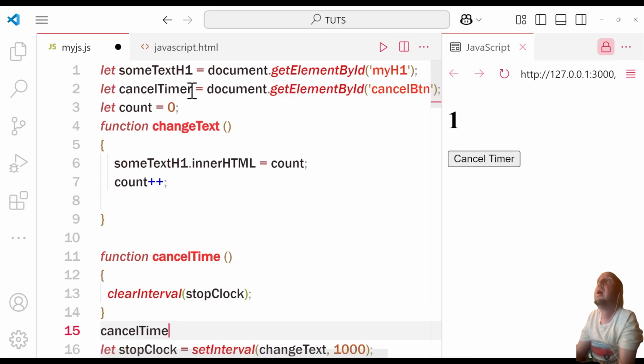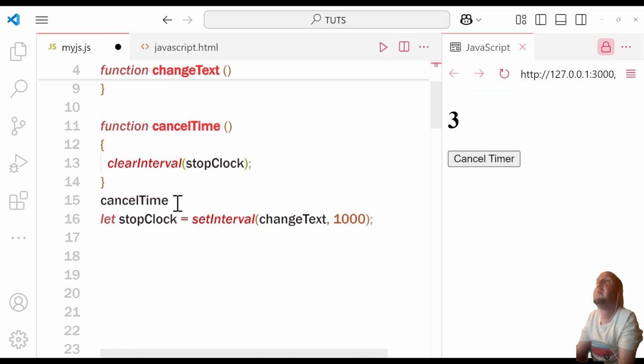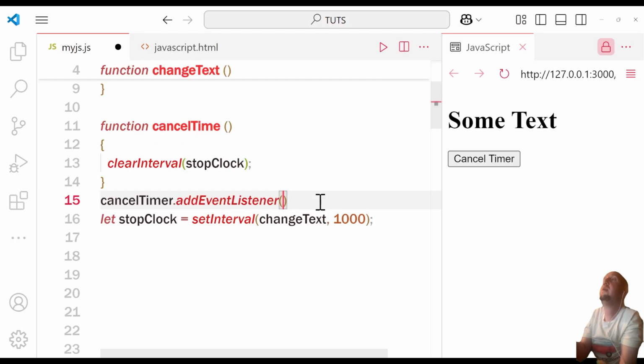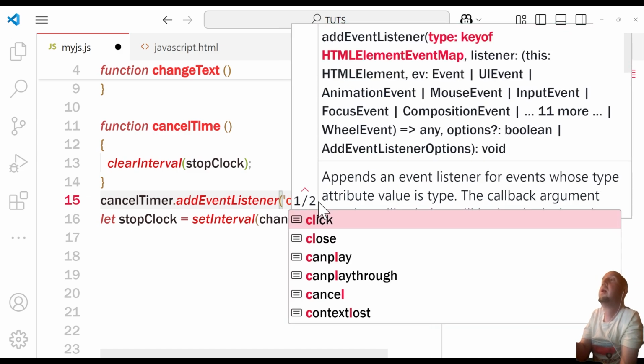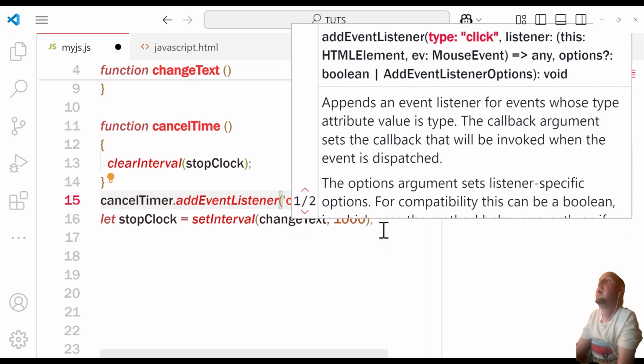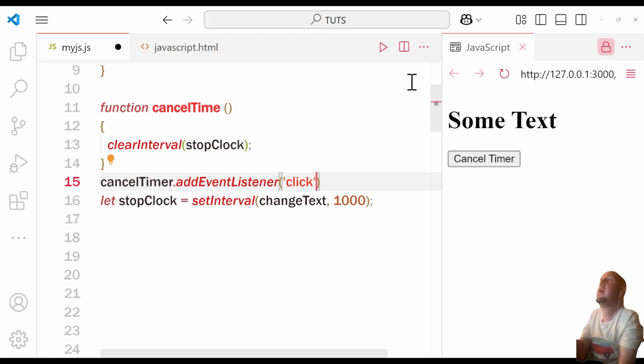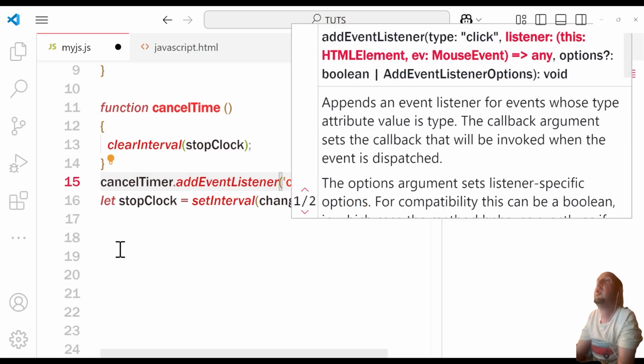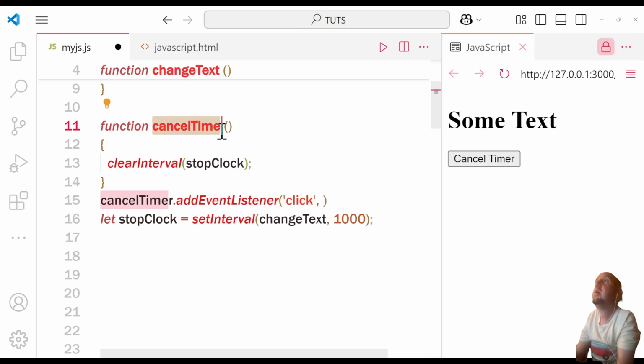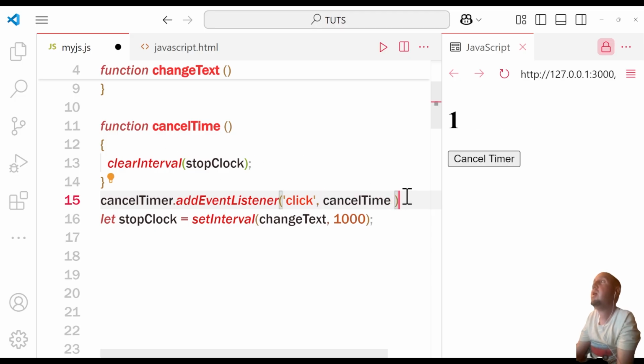And because I have stored it inside of this variable, I should say cancelTimer. So cancelTimer.addEventListener. So whenever I click on it, I'm going to say click, comma. So click, just like that, and then comma, followed by cancelTime. So I'm going to add the name of this function here. So now, if I just click